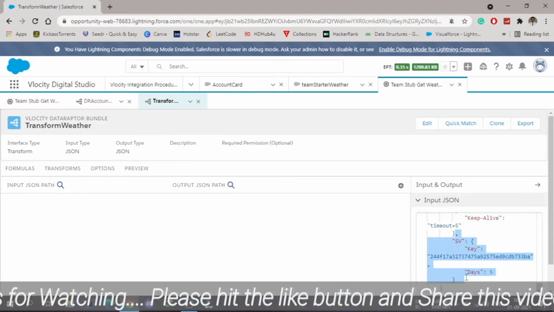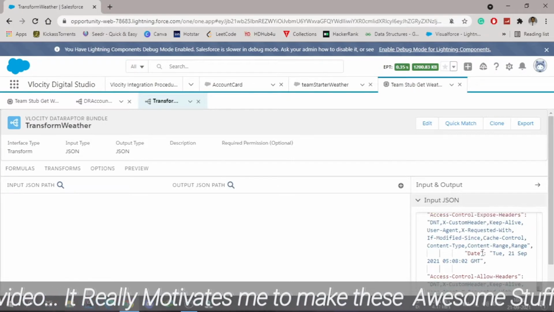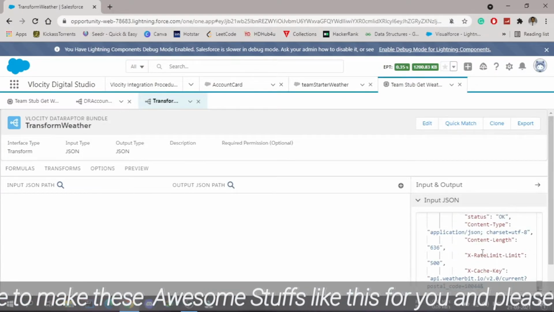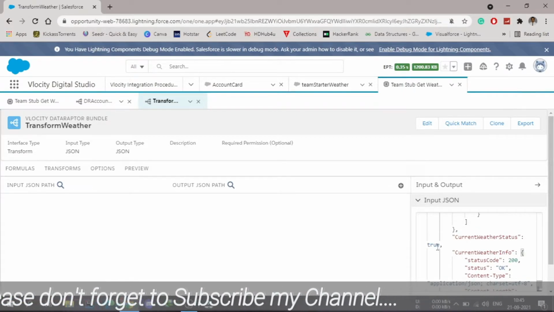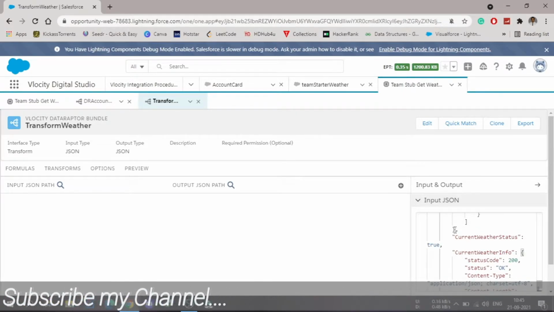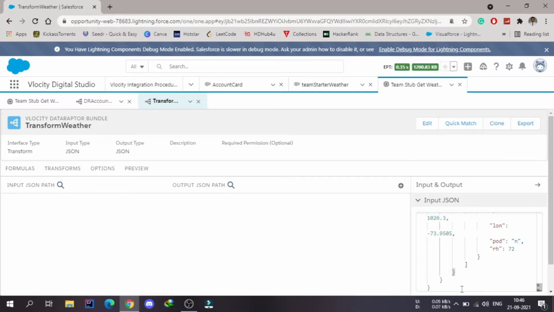I can remove these set values from here, and there is one more data. These are some data which actually we don't want. So we can remove these things from here, from this comma to the end, and let's see whether it is valid.